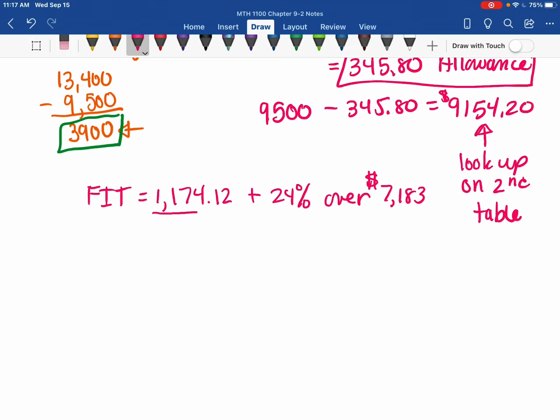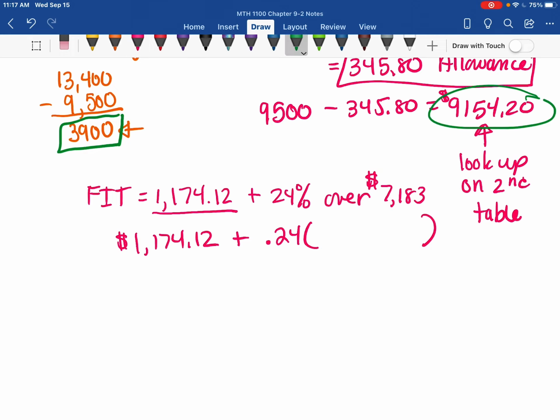So when I set this up, this we have to pay no matter what. And then I'm going to add 24%, which I have to write as a decimal, of anything over that 7183 number. So I'm going to take the value that we used for the table, which is this right here,